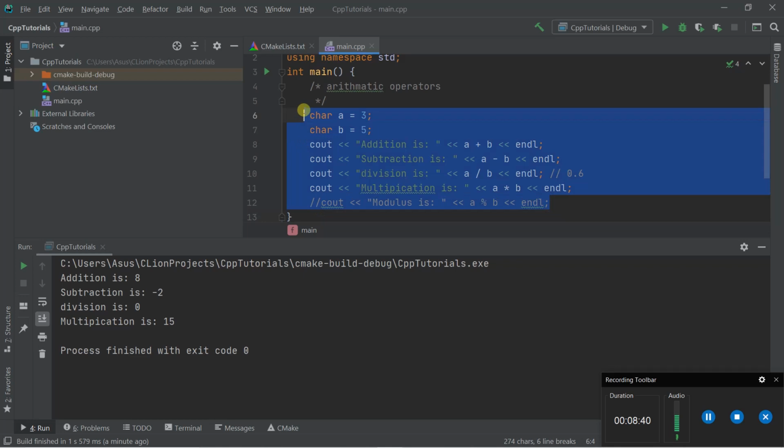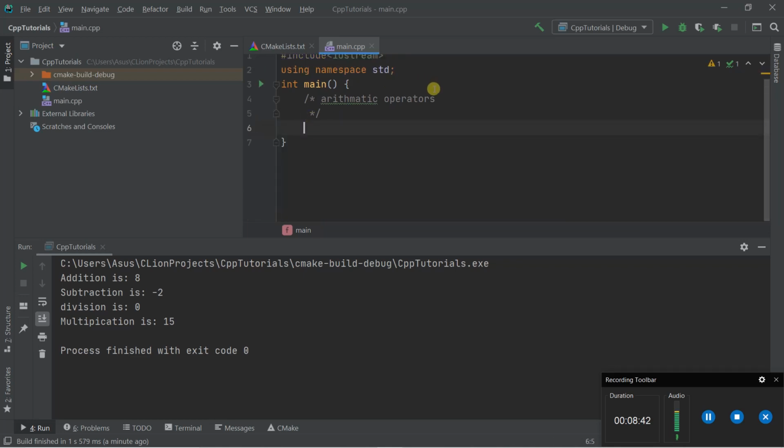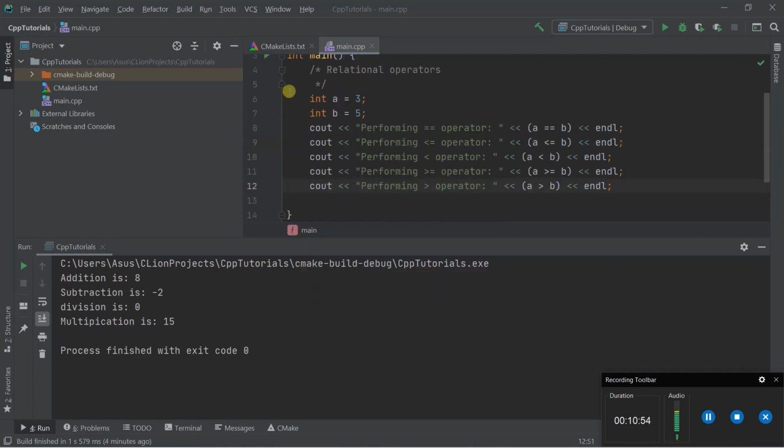Now let's talk about relational operators. Let's take two values to perform the relational operators. Let a is equal to 3 and b is equal to 5. Here I have performed all five relational operators on 3 and 5.